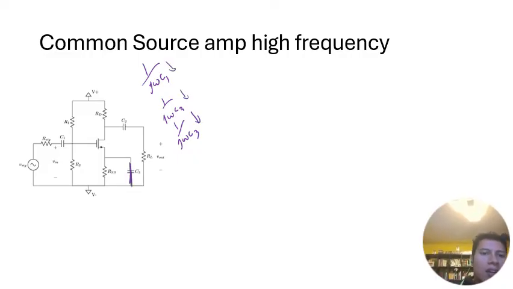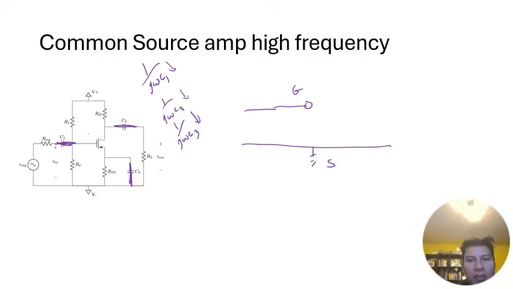So these external capacitors will continue to behave as shorts, so we don't have to worry about them. But as we keep increasing the frequency, recollect that we're going to have to start considering the internal capacitances. So for this common source amplifier, our circuit will still be: you have the gate, the source is shorted, you have the drain, you have your current source,